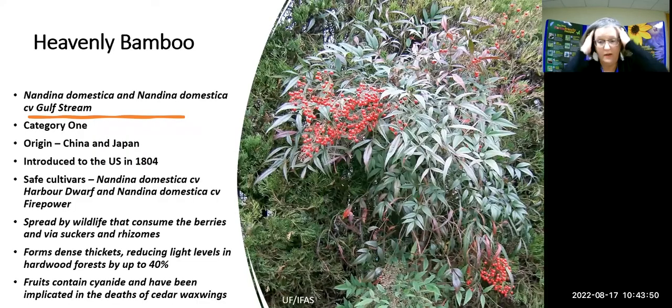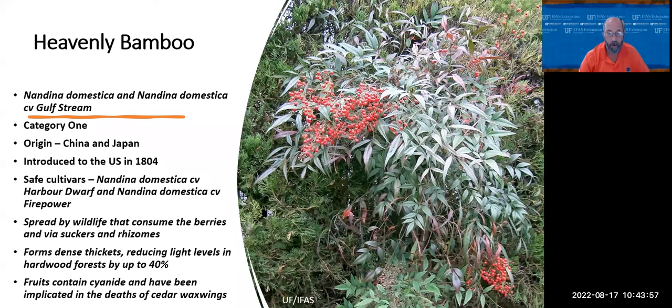Here's another one that's gonna make people mad, Bill, so I'll let you talk about this one. Yeah, Nandina or heavenly bamboo was a very commonly used landscape plant in new home construction. Not so much anymore, but over the last, I would guess, 20 or 30 years, it was used a lot. So a lot of people may still have it in their landscape. It basically came with the house when they first built it and installed the landscape. This is poisonous to dogs. You have to be very careful with those berries. They are poisonous. Yes,